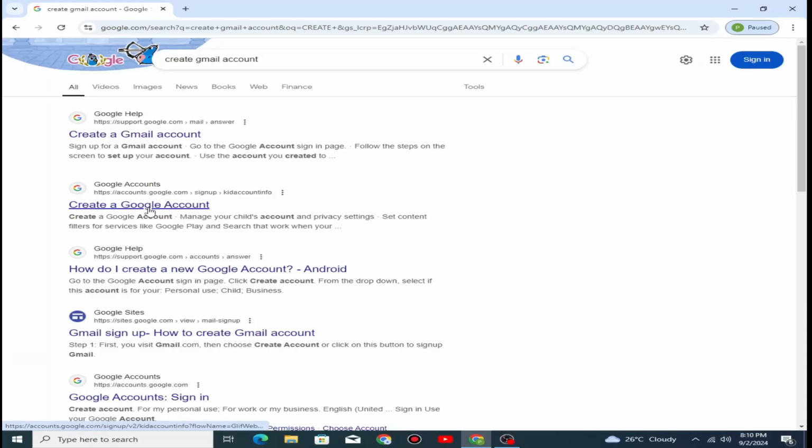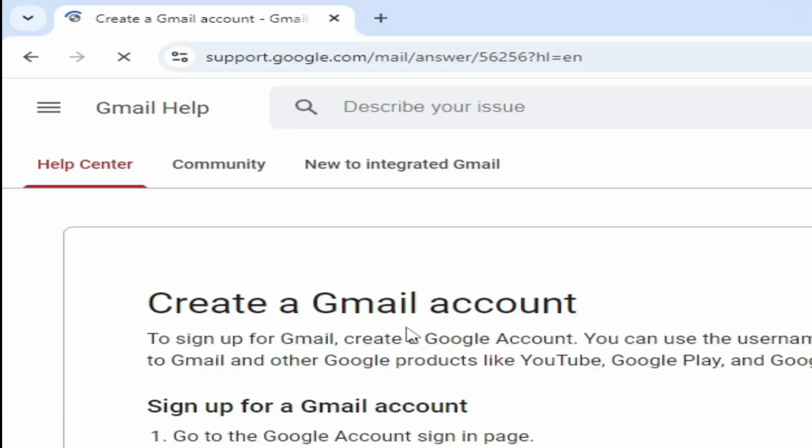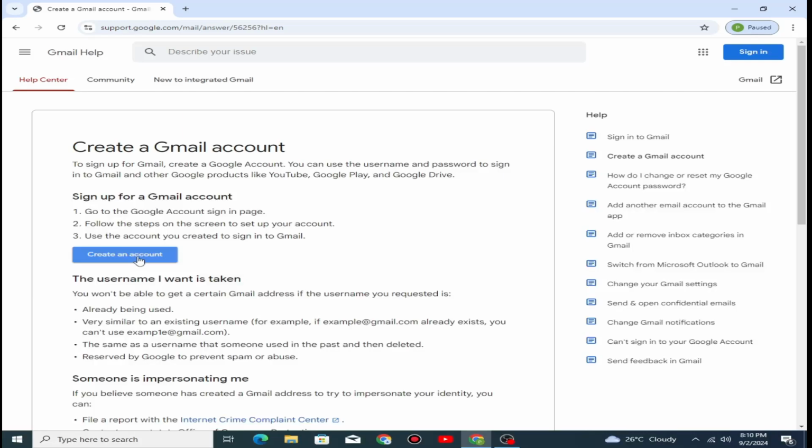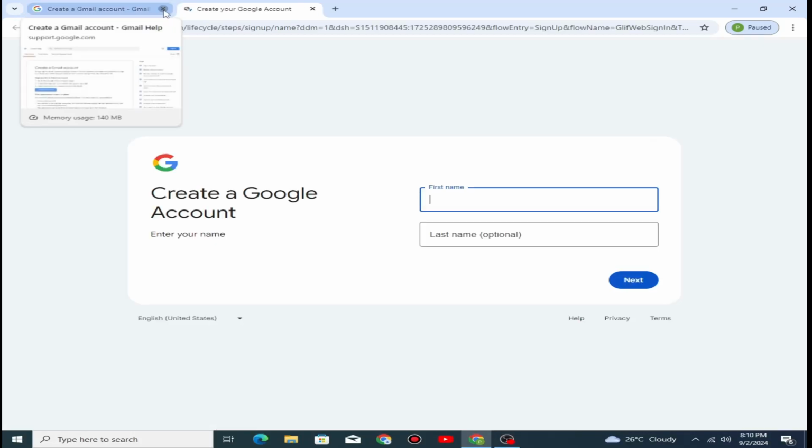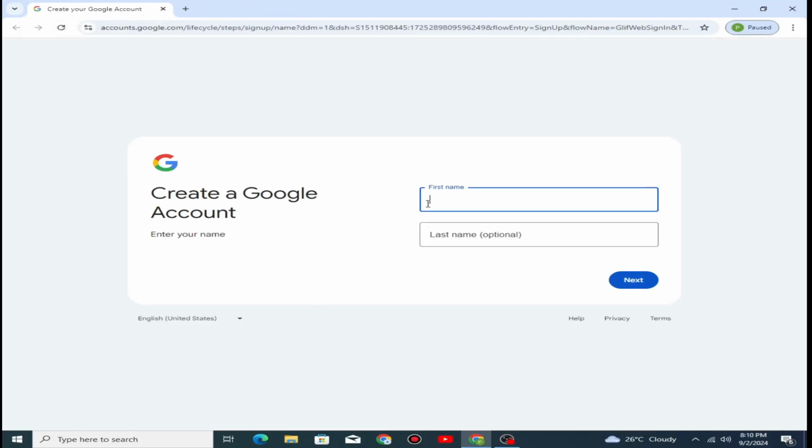Google account for child, then choose this. Okay, first of all choose this, and then here you click that create an account. Close the other tab first, then choose here your name, like I choose here